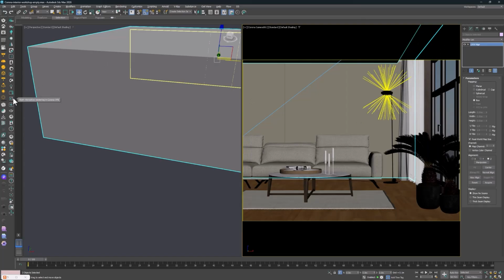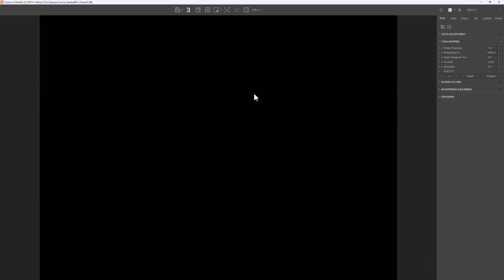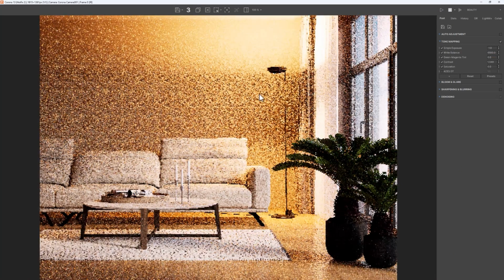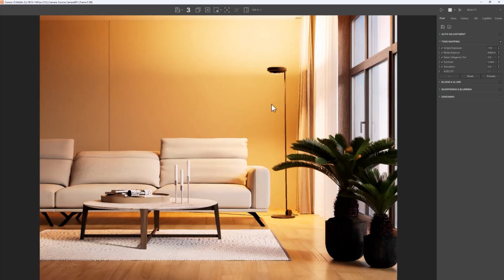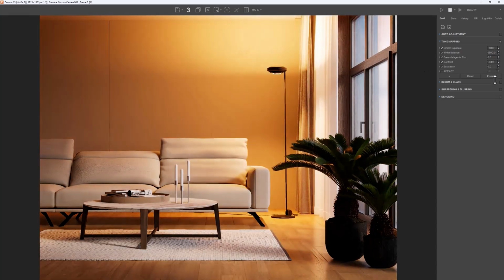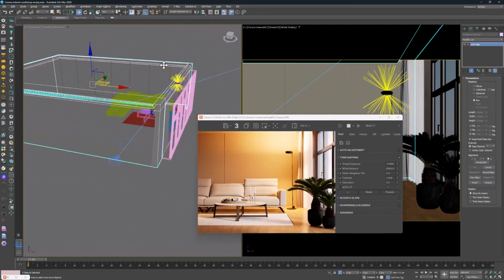So I'll hit the interactive button again and let's review together to see what's happened and how our scene looks, and basically what state it's actually turning into right now. All right, let's give it a moment so the render can complete. Here it's become very yellow, which is probably because of the light we have here and of course the material that's been applied to this wall. We need to control this area a bit. This light needs some adjustment. Now if I come here and reduce the simple exposure, you'll see that the amount of light here is really too much. It would be much better if it were